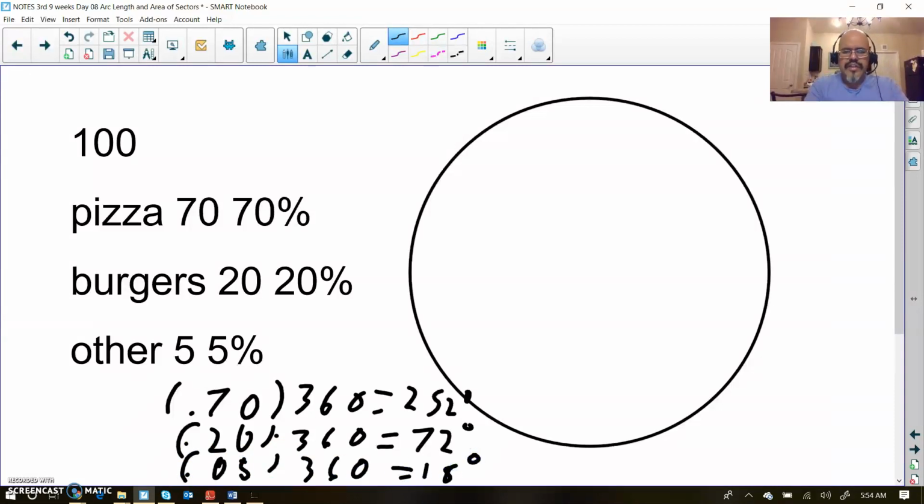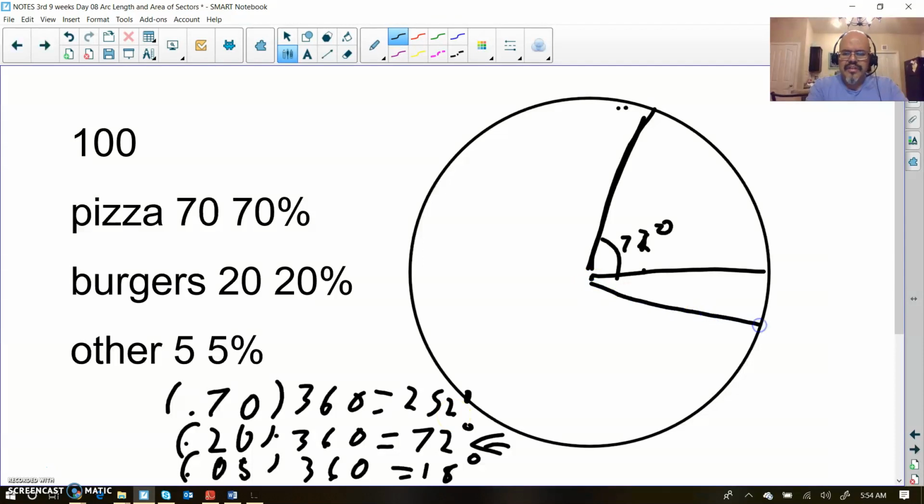So when we divide this up, I'm going to start with this guy, so that's 72 degrees. So we're going to start here from the middle. And we actually measure the angle right here. So let's see, that's a little bit less than 90 degrees. So this right here is approximately 72 degrees. The next one, I'm going to do the 18 degrees. Well, the 18 is going to be just that little small angle right here. So that's 18 degrees. And then, of course, the rest of this angle right here is that big whopping 252